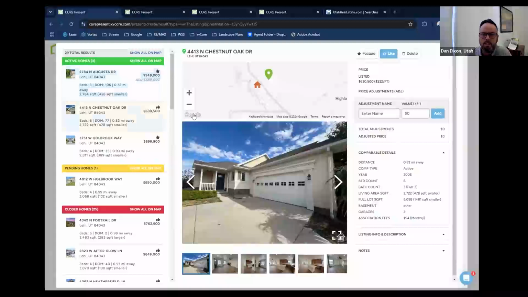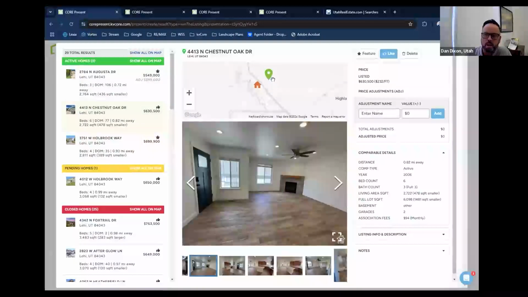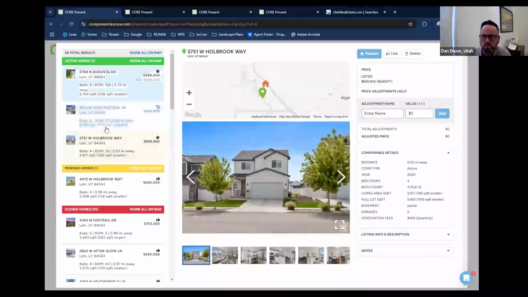One of the things I talked about was this freeway, and an appraiser, if he drew a mile around the property, would find this as a comparable. If I thought the property was worth $690,000 and I find this property, well, that's hurting my value. I could talk to an appraiser about why we wouldn't want to use that. So I like knowing that it exists, but I also want to know why it might not be a good comparable. I can choose to delete that for my client so that it doesn't show up for them, or I can feature or like it.